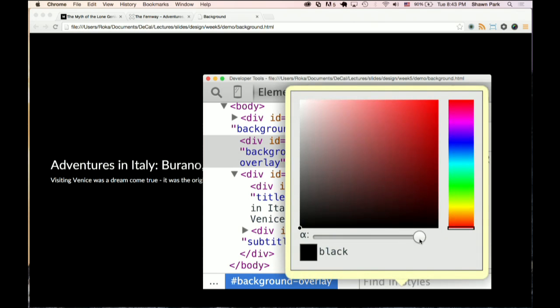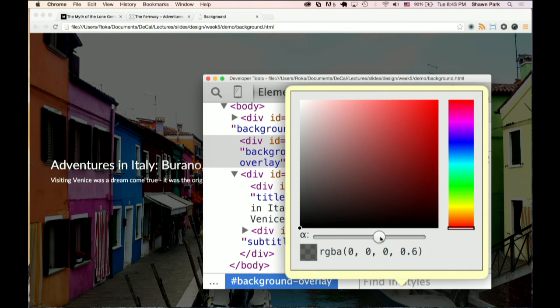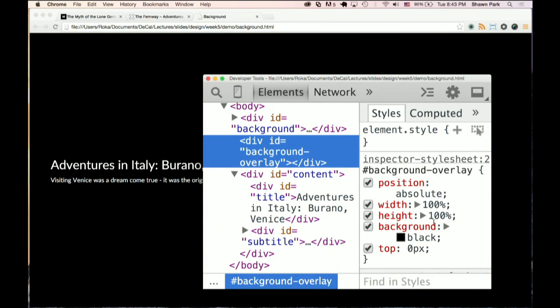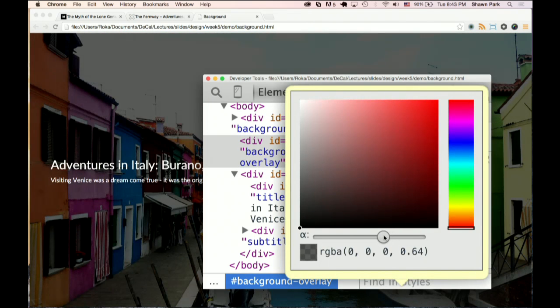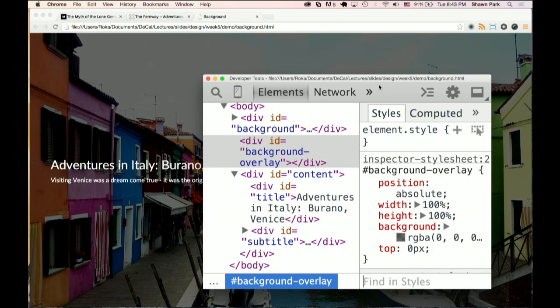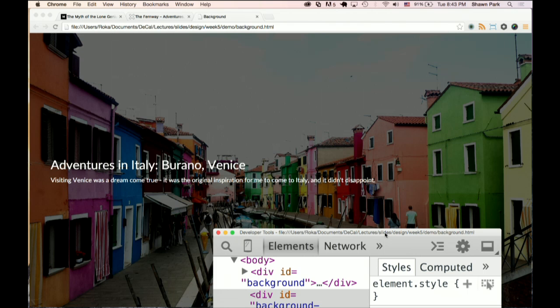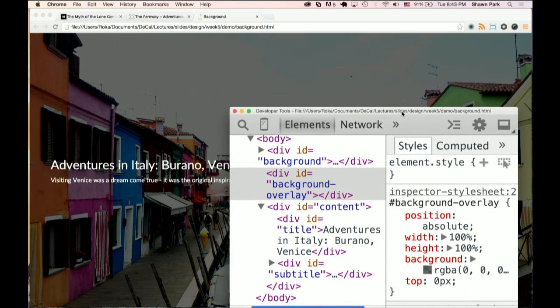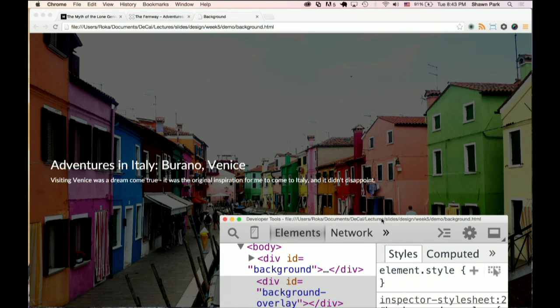Now I'm going to change around the opacity. And now we have, that's not what I want. Drag around the slider, and you have this. Now there's enough contrast between the text and the image. And this is one way you can decrease the brightness of your image: by having an overlay on top of an image, make it black with an opacity of 0.6, and that brings a lot of contrast to the content. Any questions about contrast through overlays?